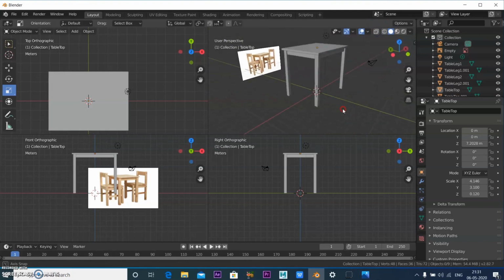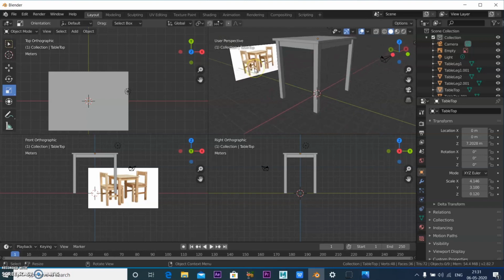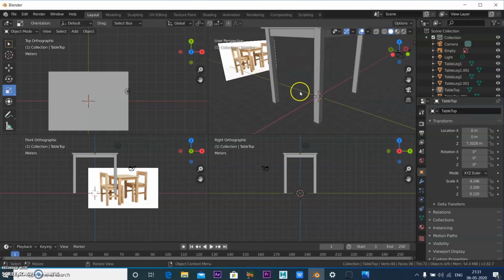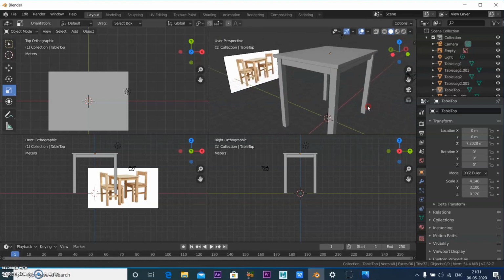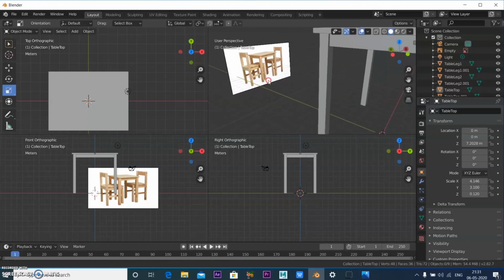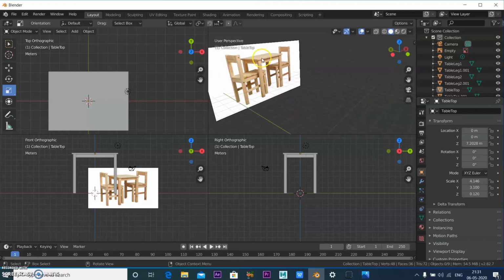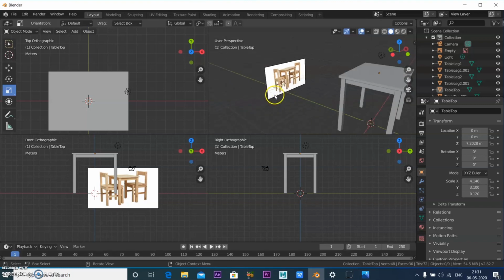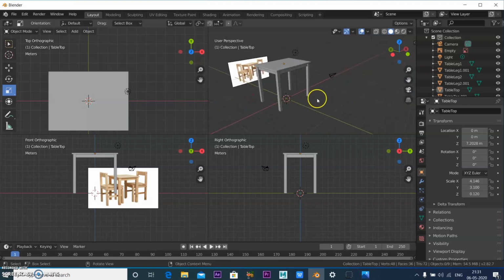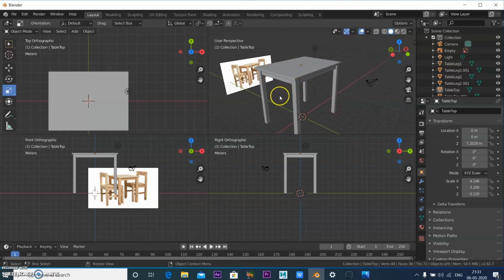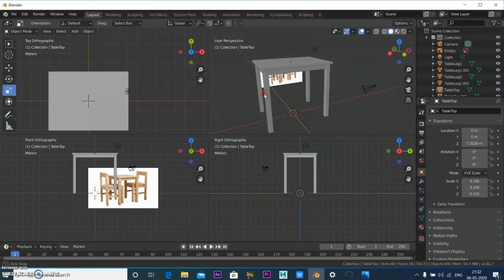Okay, so we just made a table. Now we can just model the chair in the same way. What we can do is duplicate this part. I'm not going to remodel again. We already have this top part. I'll just take these two boxes over here, and we already have these four legs. So we can arrange the chair by taking only these objects. You don't have to redo all the things.